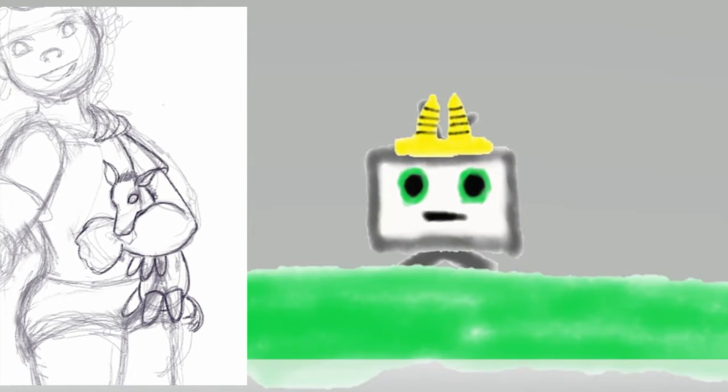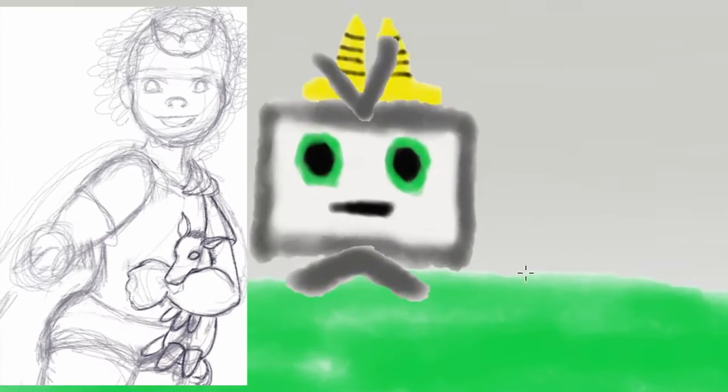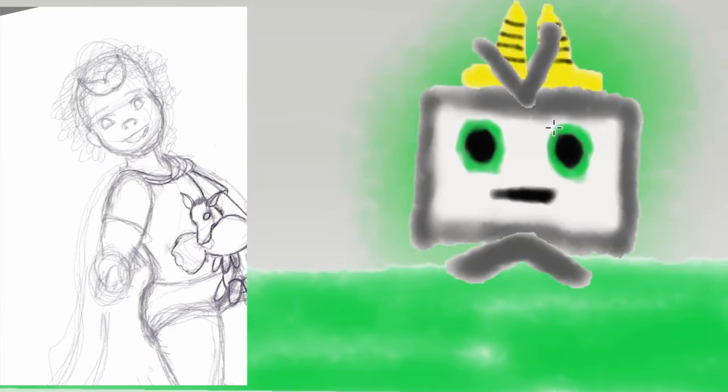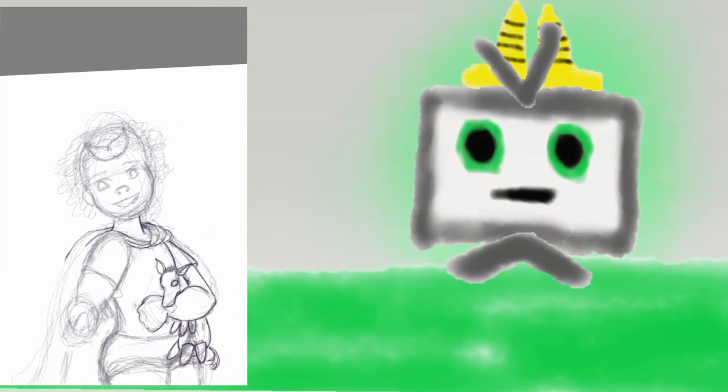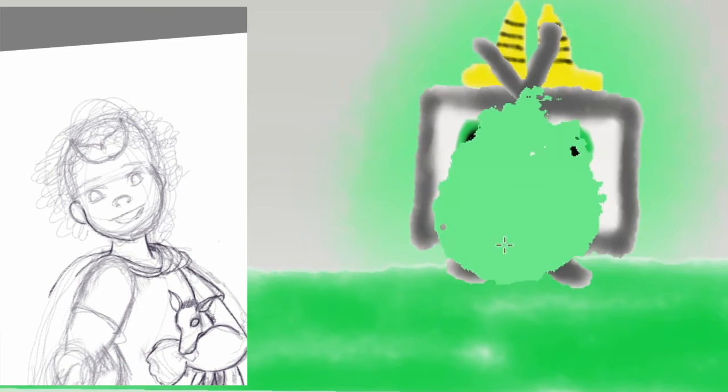An AI does it for me. It is extremely hard to work with. It's weird and it's wonky, but here I'm trying to do a sort of green aura so that it's obvious that it's Loki, but I